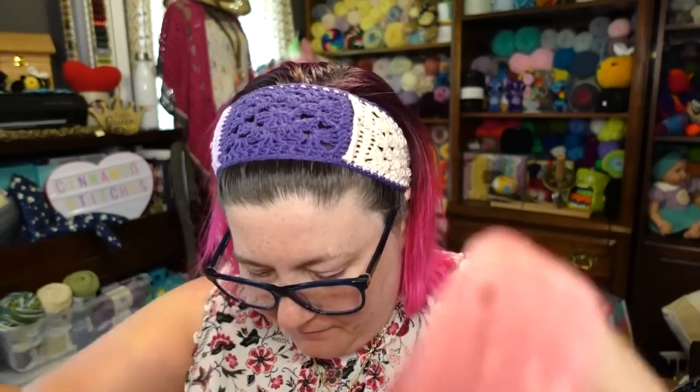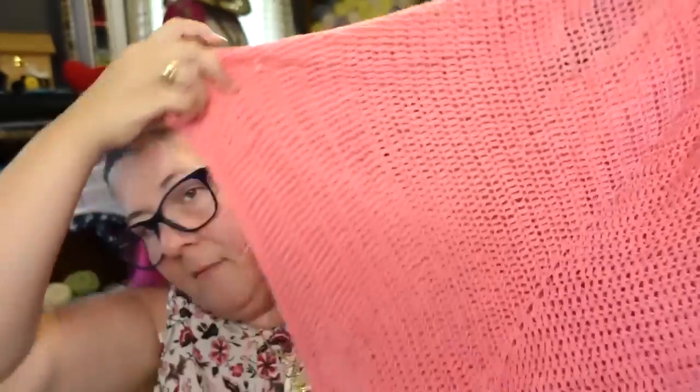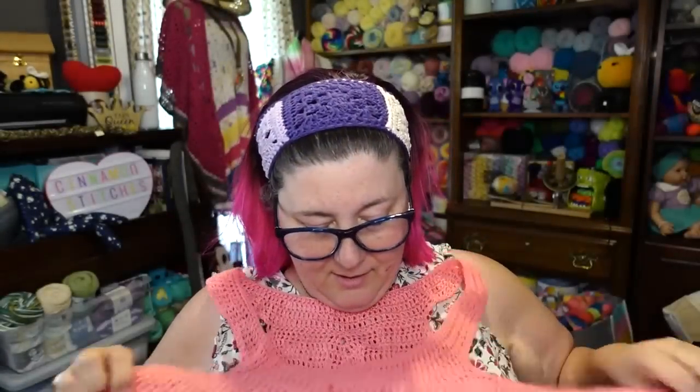I had her get me the shirt. We were cleaning out the closet yesterday, and this is a shirt I made out of bamboo pop, and it's really, really nice. It took forever. I think this was my first version I made